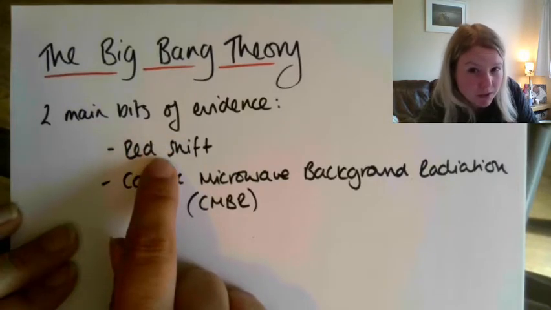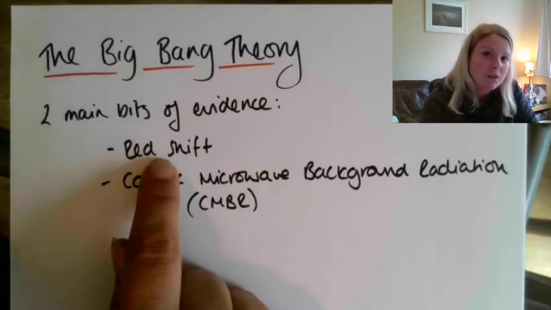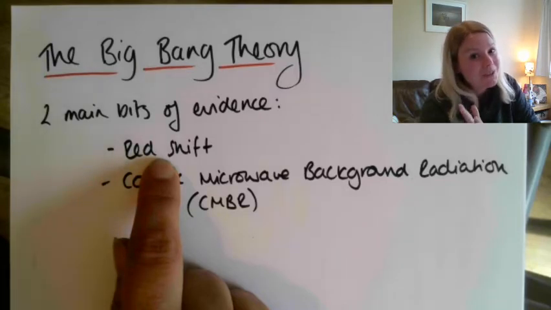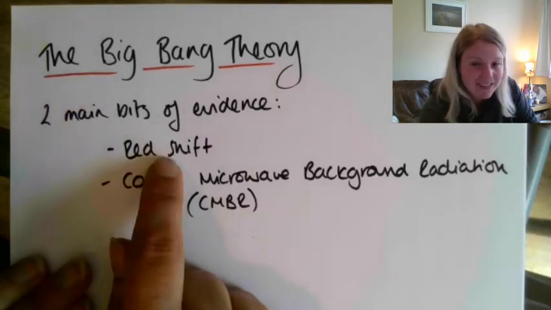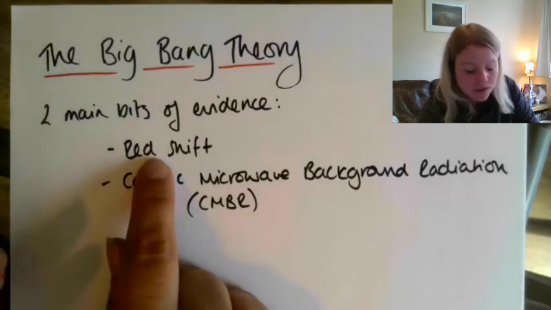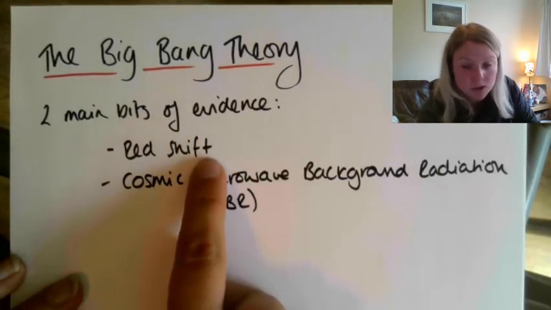redshift we're going to be looking at first of all, but in order to understand redshift, we need to understand something called the Doppler effect. And in order to understand the Doppler effect, we need to know a little bit about waves. Okay, so today really all I want us to look at is the background information for redshift, and then we'll go on and do a little bit more on that next lesson. Okay,